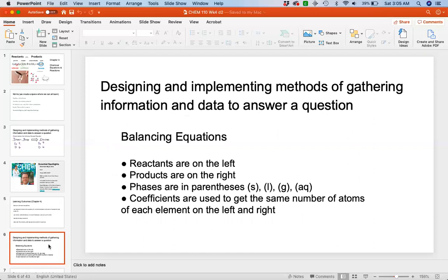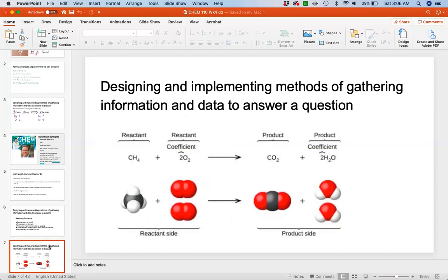So if we think about balancing equations, there's a couple of key pieces of information that we want to be attentive to. Our reactants are on the left and our products are on the right. We want to make sure that our phases are in parentheses and that the coefficients that we use are in order to be able to get the same number of atoms of each element on the left and on the right. So if we think about this representation,